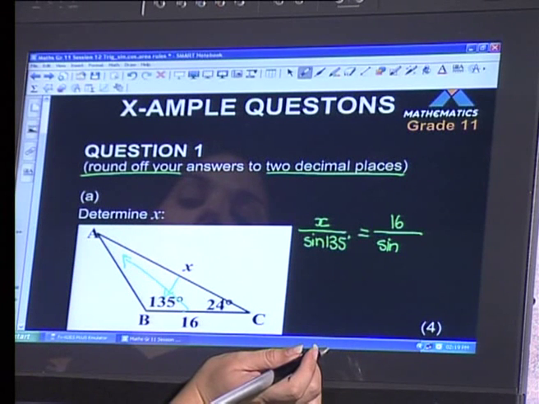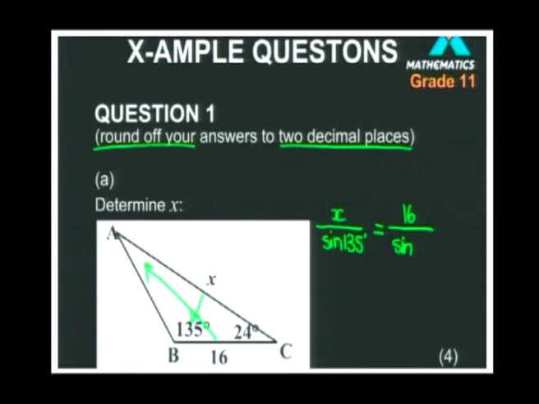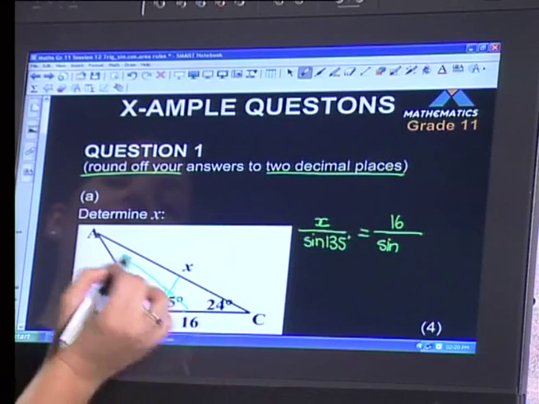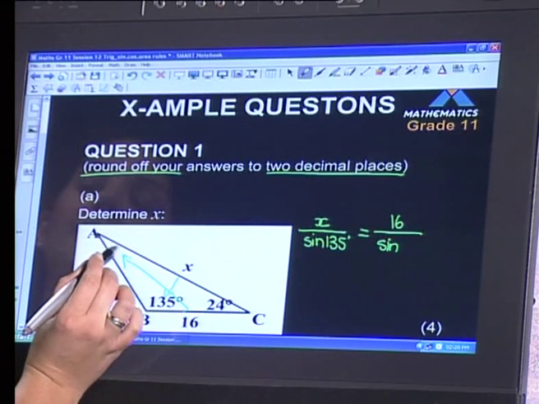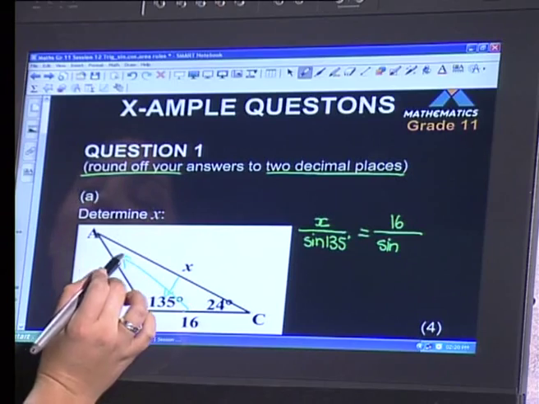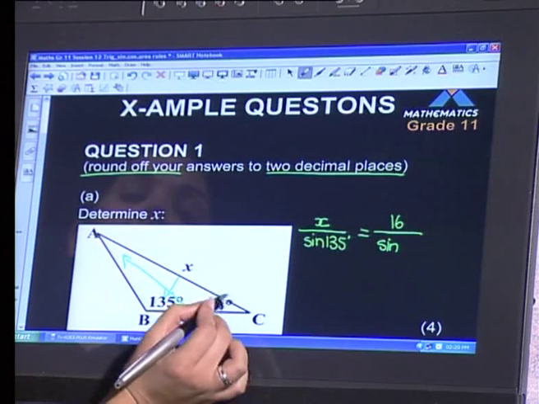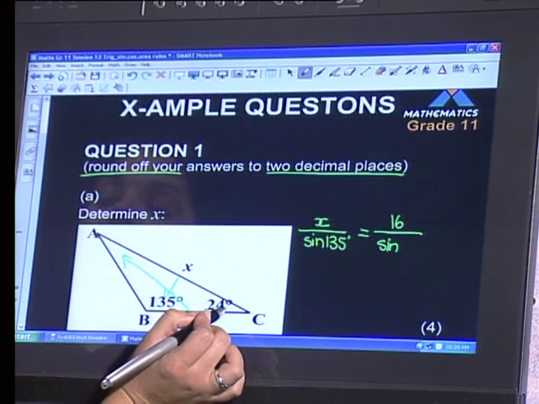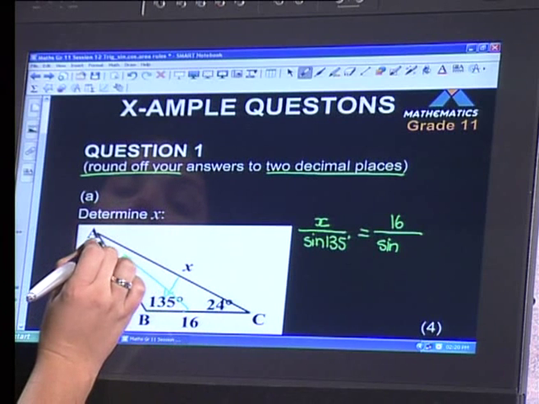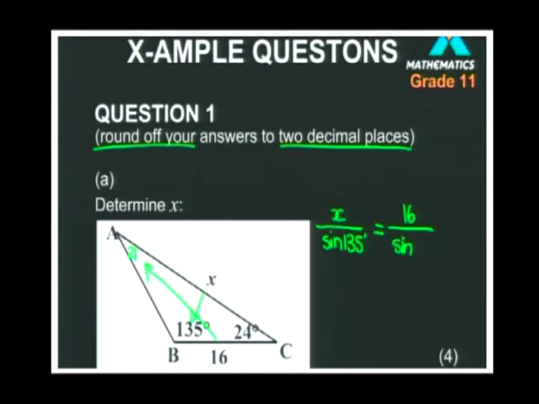And some of you might be going, well, I can't do this because I don't have that angle. I was only given 2 angles. But I hope you remember I said to you, you need to know your properties of triangles, which means if you've got 2 angles, you can work out the third. Because we know that angles in a triangle add up to 180. So to work out angle A, we simply say 180 degrees minus 135 minus 24, and we get a value of 21 degrees. And I'm going to go now and fill that in on the diagram